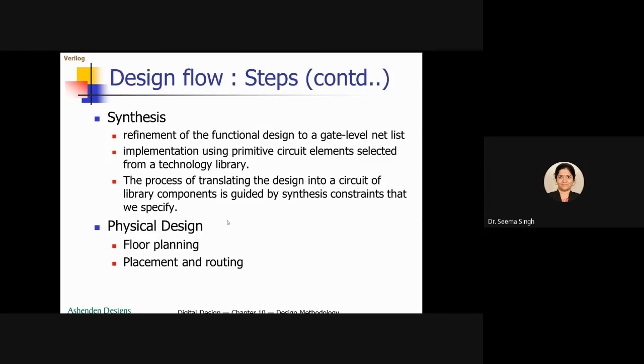So what is placement and routing? Placement and routing is a suite of files which will be sent to the chip foundry for fabrication. So this is the last part before fabrication. It should be brought in a form so that the fabrication foundry people are able to understand. So it is the blueprint of the chip. This is a group of files or suite of files which will be sent to the fabrication industry.